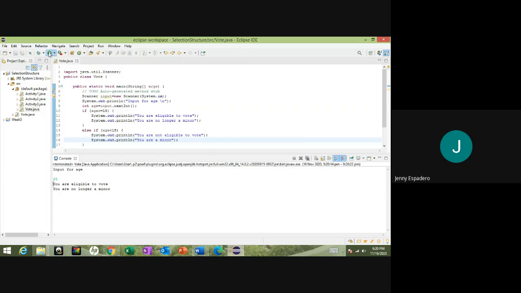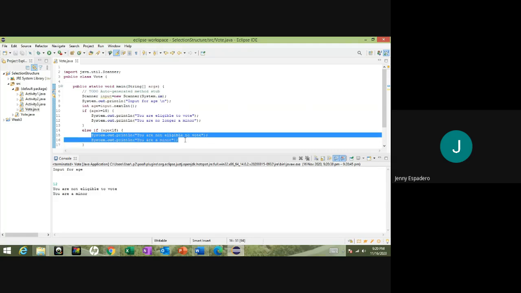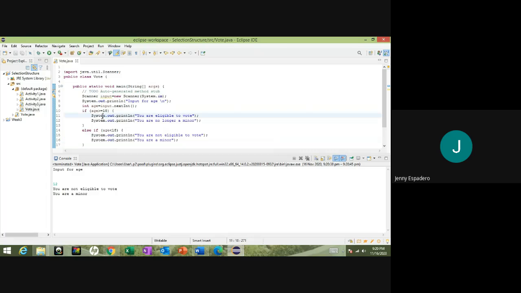So let us try another input. Let us have, for example, 12. So you are not eligible to vote. You are a minor. So this part is executed. So what you can see is that what is executed or read is only the statement in which its expression is true.